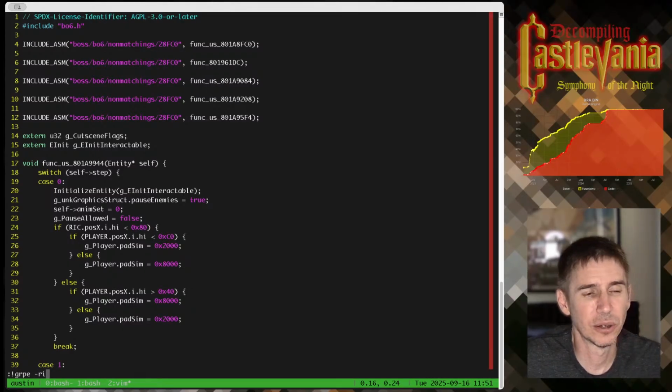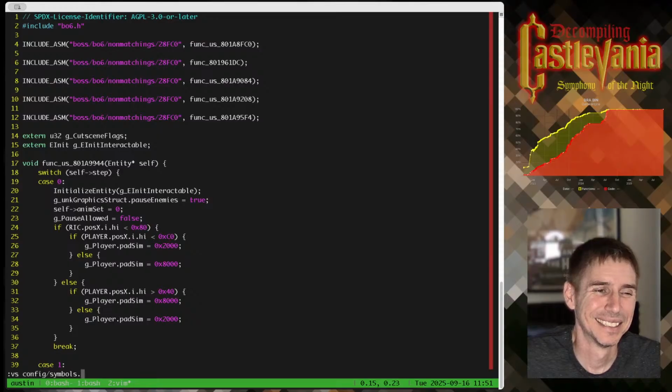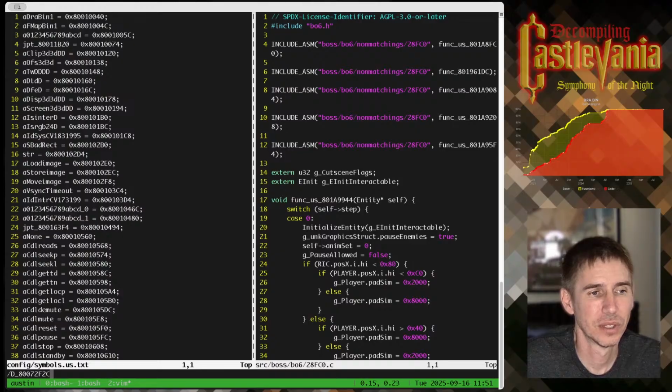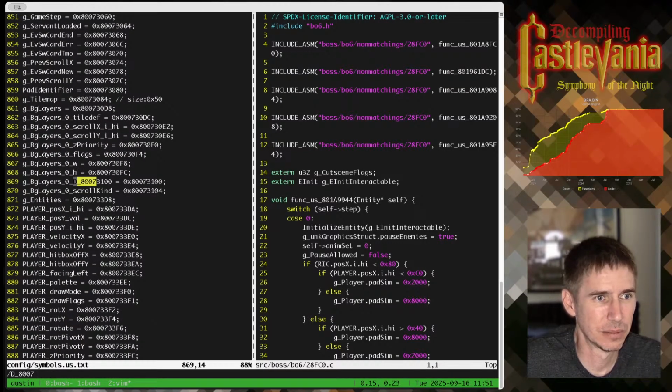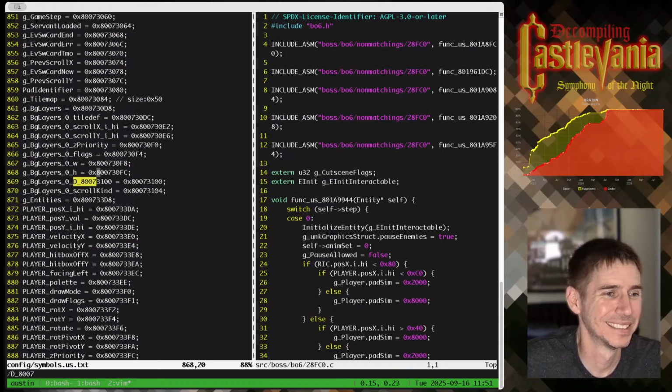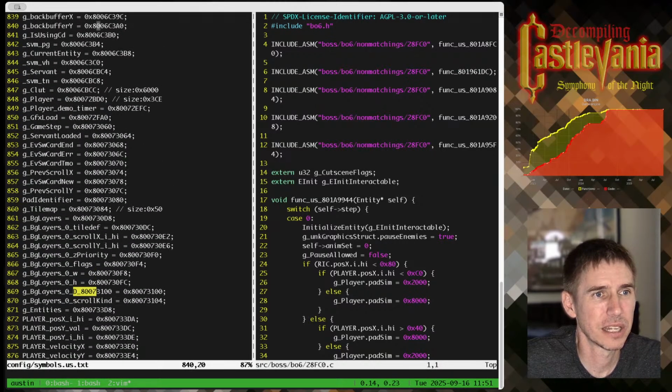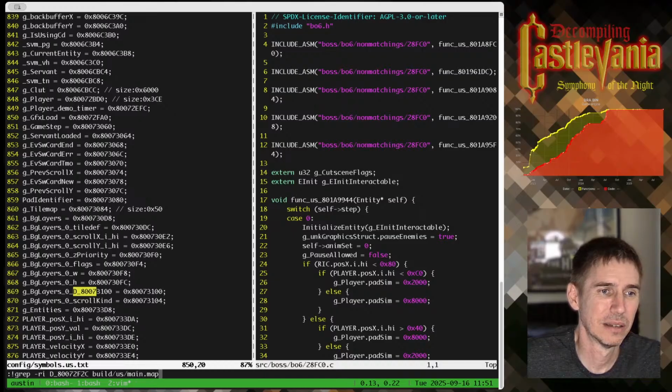So I'm gonna look, oh no, I want to look at the US symbols. It'll be in here. And I'm gonna delete significant digits until I get to something close. So we want to go up until we find something in the 7.2 range, and interestingly or not, there is no named symbol in this file. That doesn't mean we don't have a named symbol here. It's just not in this file. So we're going to go to build US and look at the main map.